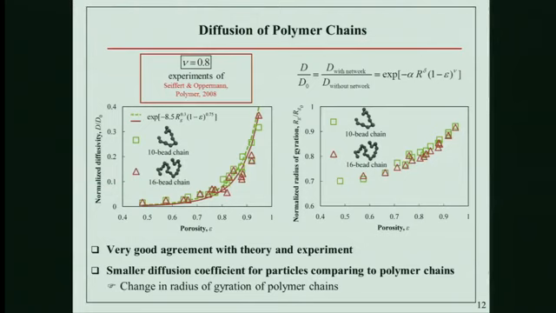Then we looked at the polymer chains. This is a similar story. We just put polymer chains inside, and we can measure this exponent. We got 0.75, and experiments show 0.8. Again, very close agreement. One interesting thing is that actually